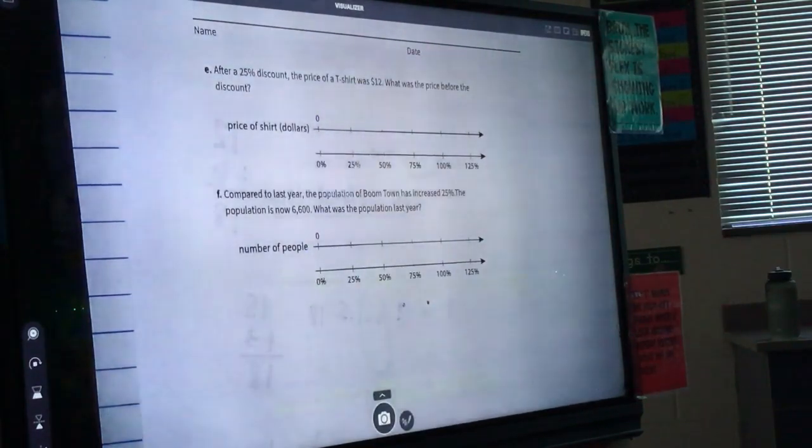So first you guys are saying it's not. Takes 6,600 100% down. So we have to go